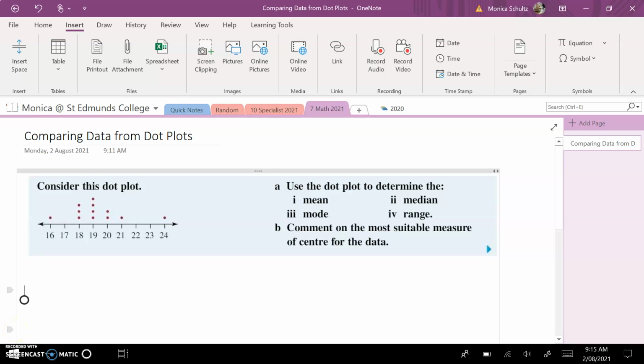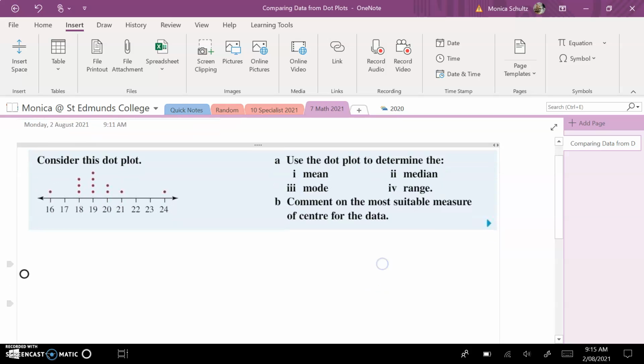Okay, so today we're working on comparing data from dot plots. We've already done this with stem and leaf plots, but we're going to work on dot plots instead today. So our example is to consider this dot plot we've been given and use the dot plot to determine the mean, median, mode, and range, and then comment on the most suitable measure of center